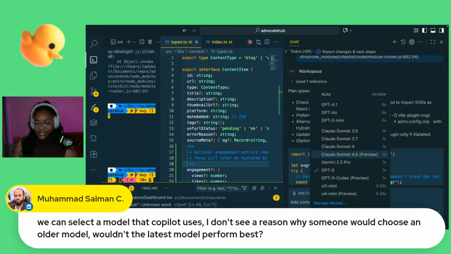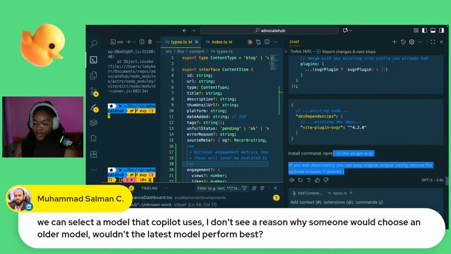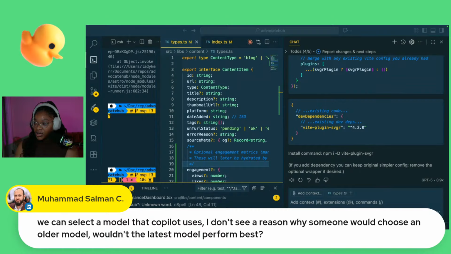Model selection has been a really interesting topic. There's a lot of confusion around how do I know what model to choose? Why would I use this one over this one? Why wouldn't I use the latest and greatest? I think that's an opportunity for research and writing on my part, so I can answer that question and link you to a resource to read.